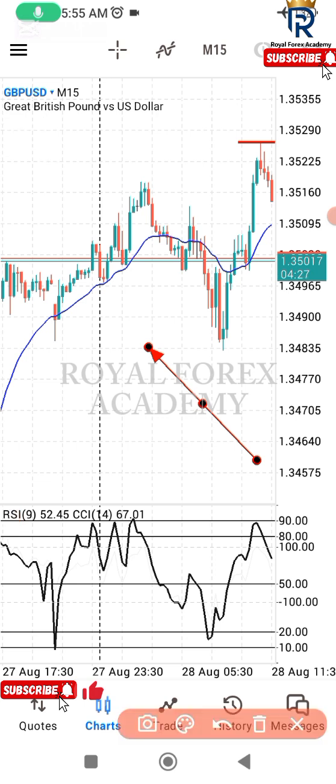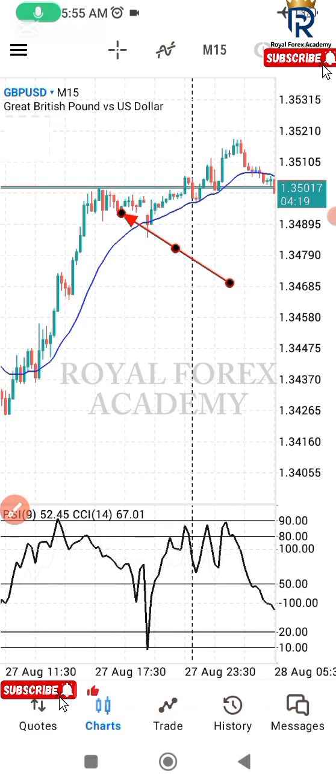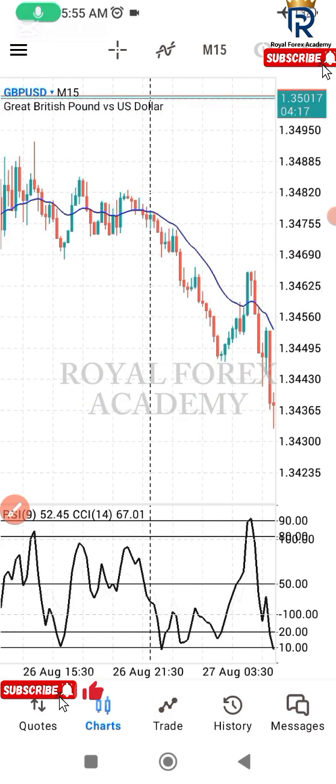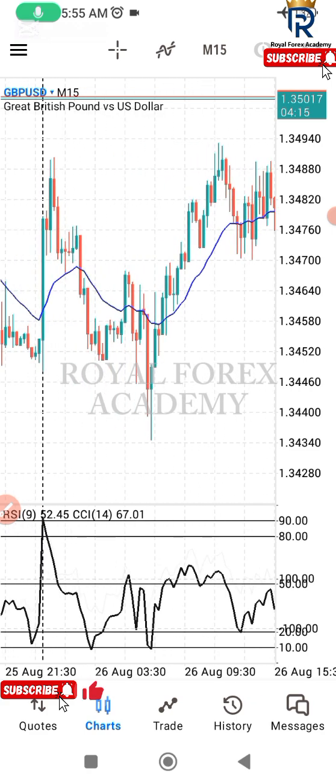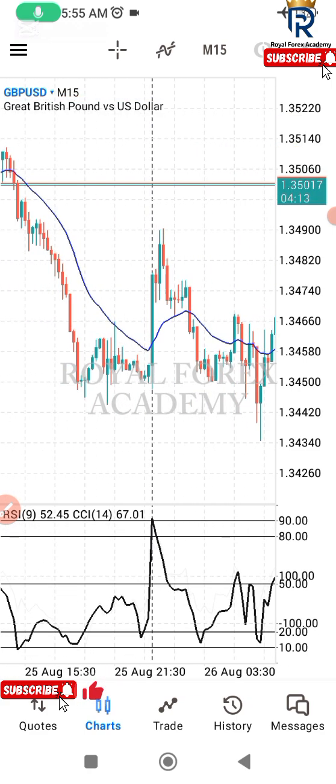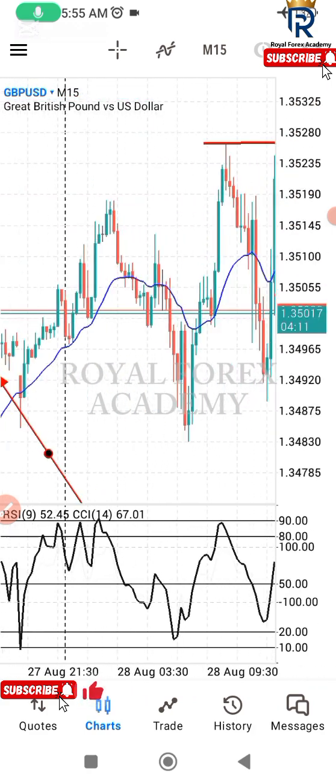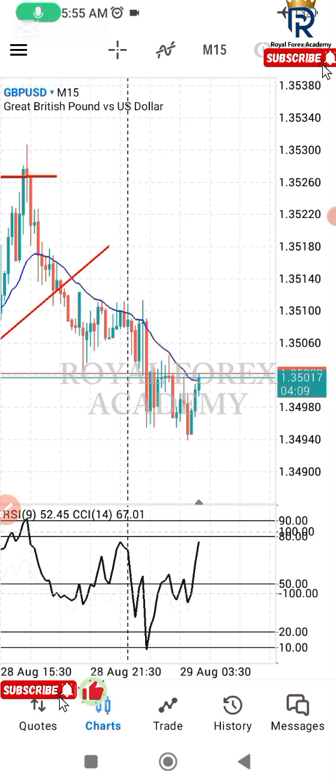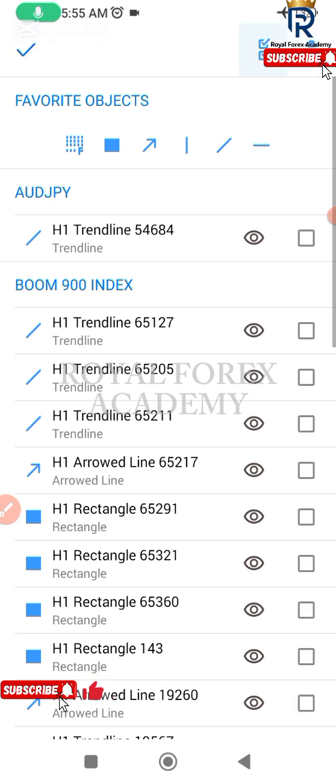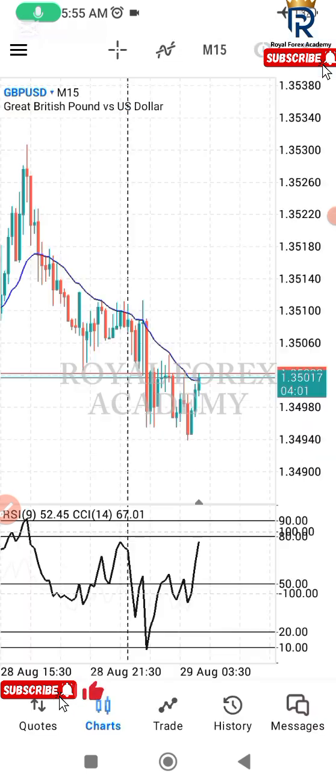If you were to make your entry after this, you should have been in this move. So this is our number one escape route from what? From price manipulation. Having said that, we don't trade moving average in isolation. We trade moving average in confirmation with other